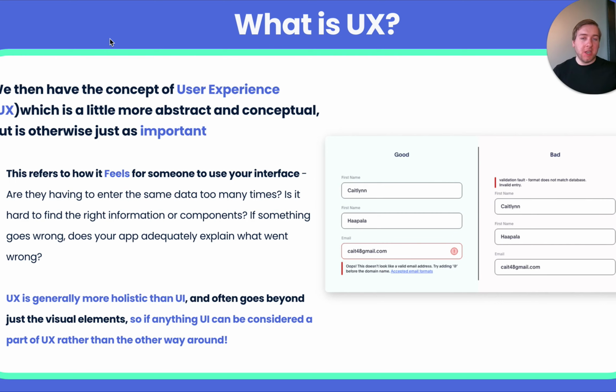Or have I made it easy? On the other hand, am I making it really simple for the user to get value out of my app? Can they find the buttons they've got to press? Can they find the right information? Is it easy for them to navigate and find things? We'll talk about some more aspects that you can think about later on, but that's just a good way to frame UX. Is the user going to go away feeling frustrated,